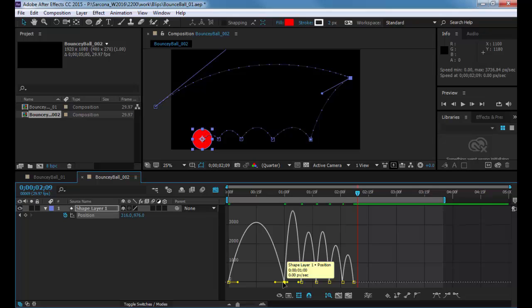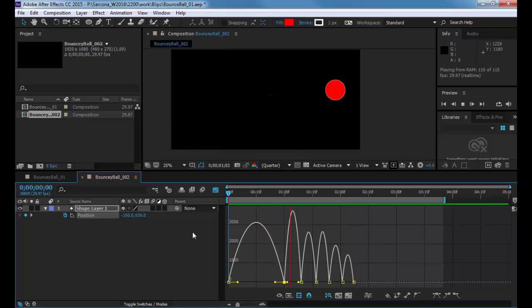Because what's happening is that the ball is here, it's going one speed and it hits its peak and then it starts to slow down a little bit. And that's kind of what the ball would be doing, right? If I threw a ball way up in the air, it hits a spot where it plateaus and then comes back down. So just by putting the easy ease on there, we've kind of gotten it,